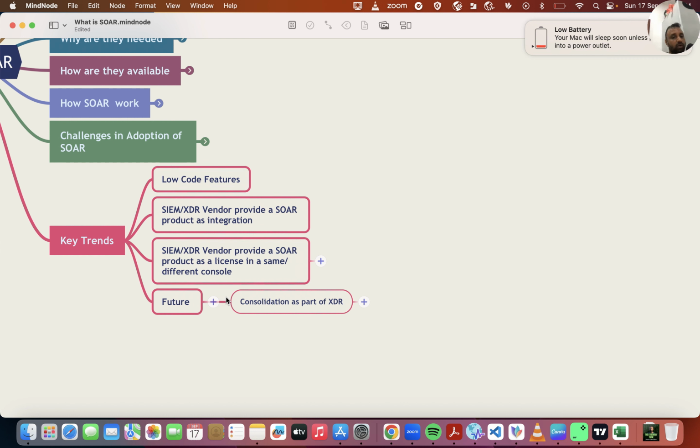Okay, so in future, what I'm expecting is SOAR becoming part of XDR itself. So wherever you are defining the detection logic, there is an option available, or there would be an option available where you can map the incident detection logic with incident response playbook that you have created. So a one-to-one mapping would be there. This is already happening. A lot of companies are working on it,